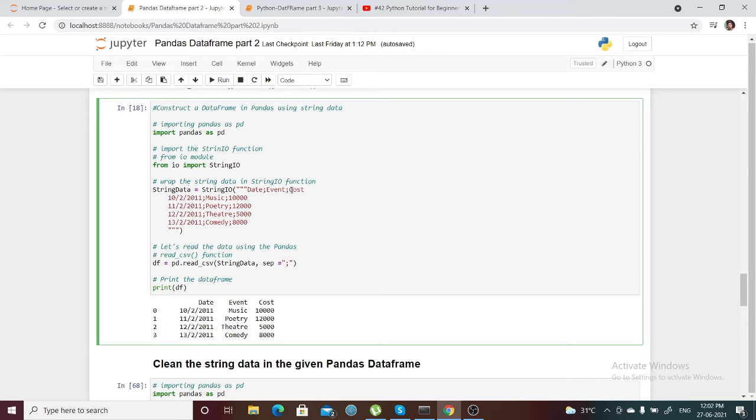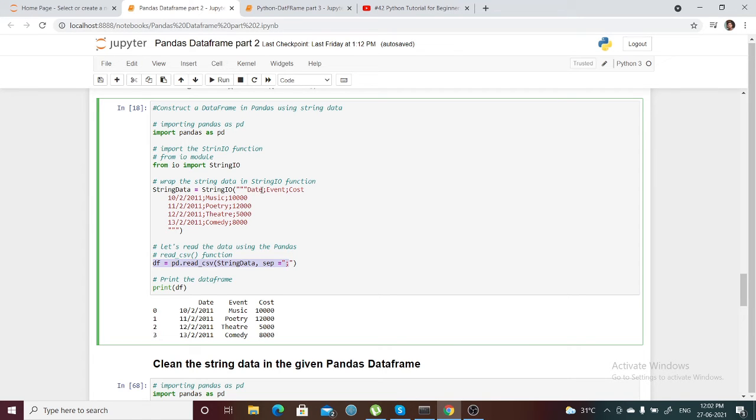Here it is semicolon separated values, so each separated value you can convert to a data frame. There are different ways to read data in pandas. Here I can see how the strings are separated, so I have mentioned the semicolon and I'm trying to read the CSV using pandas.